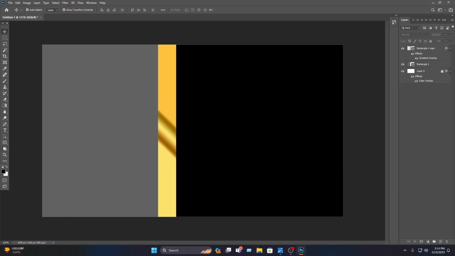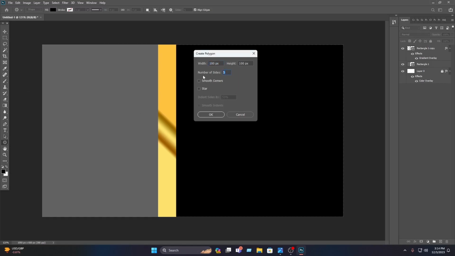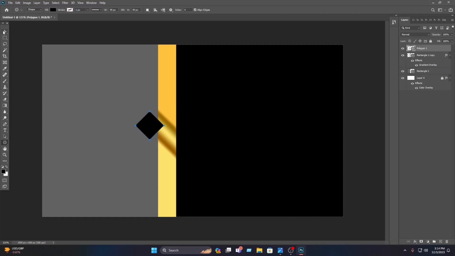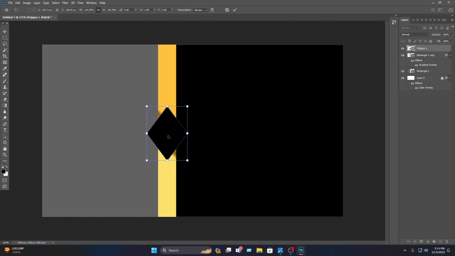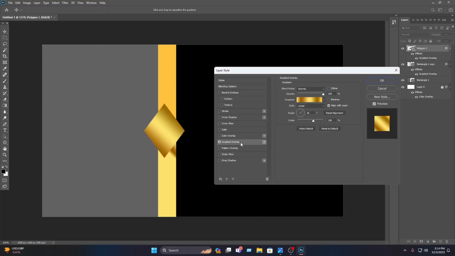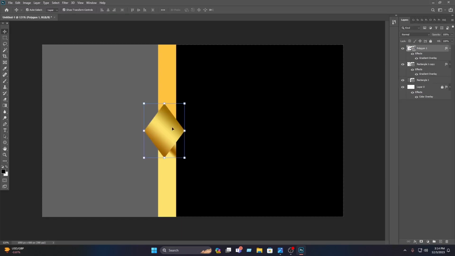then select the move tool, then click on here, then select this, then click on here, then click on this box and type here 4, then click on the OK, then you have to select this and drag this in here, then press and hold the shift key, then increase the size of this, then press and hold the shift key, then increase the size of this again, then drag this into center, then right click on this, then click on the blending option, then click on the gradient overlay, then click on the OK,